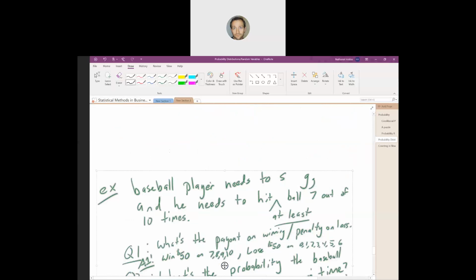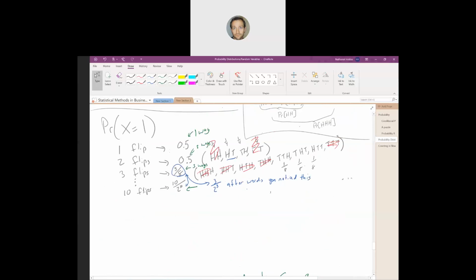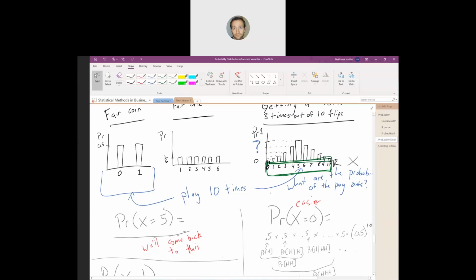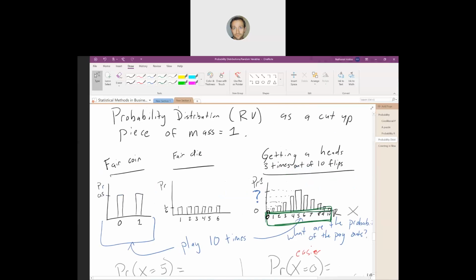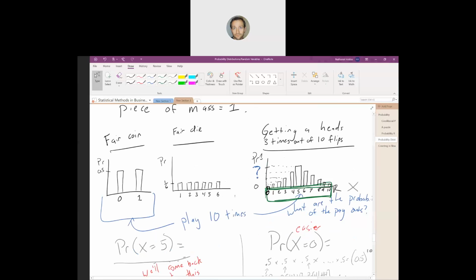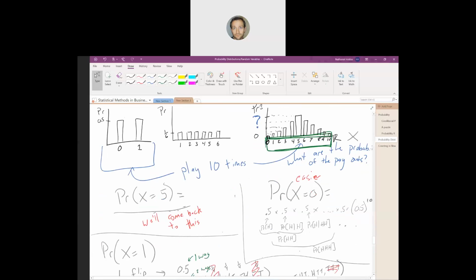But before that, I want to talk about this idea of probability distributions. And the reason why I focus on imagining this as a mass of 1 is, again, partly because, I mean, it works. It's consistent with all of the rules of probability and random variables. But the other thing is that